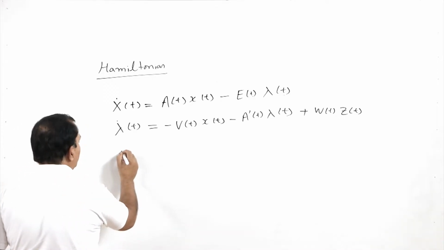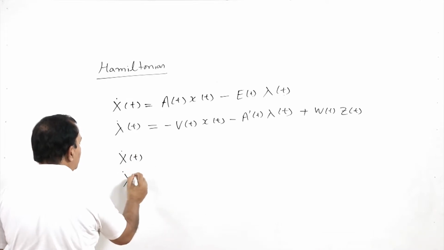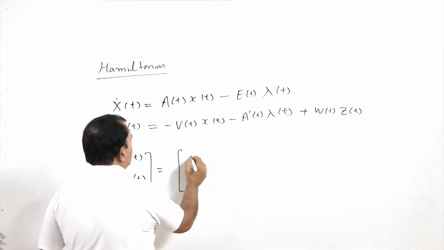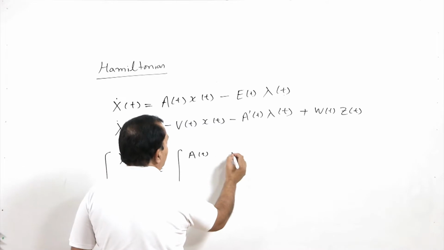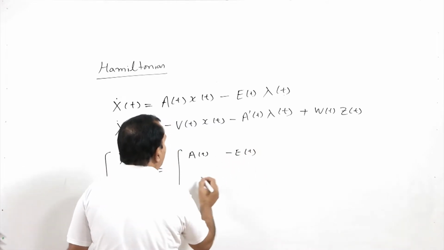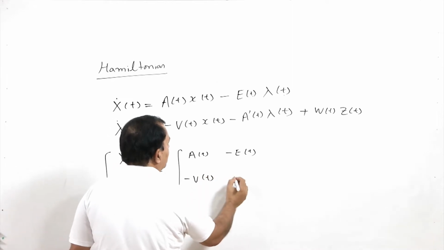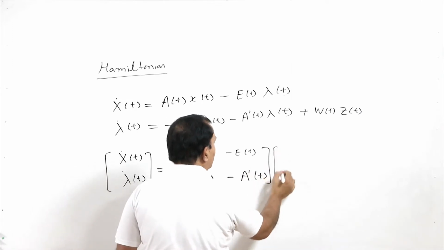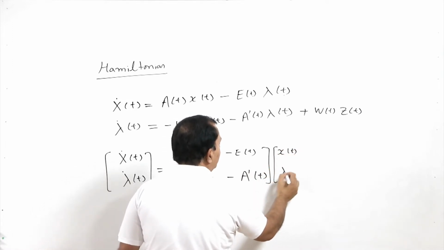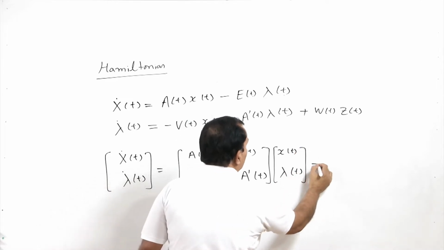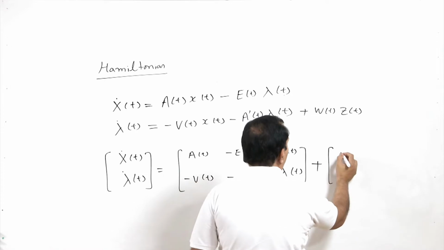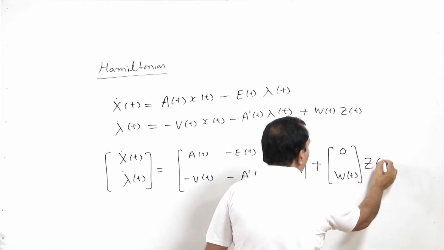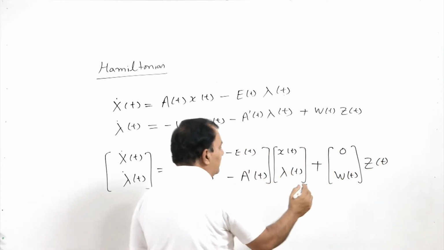system will become x dot t, lambda dot t, equals the matrix with A t, minus E t, minus V t, minus A prime t, and this will depend on your x and lambda, plus the another term which is appearing here as W t z t. So, if we compare this, I am getting